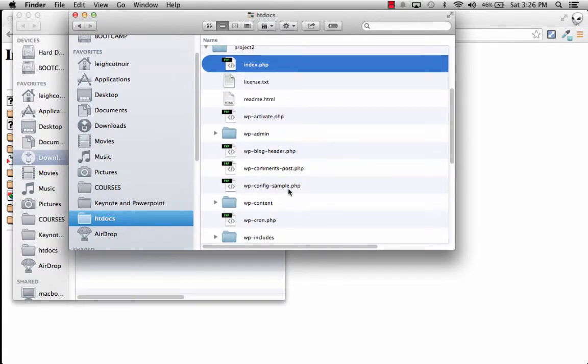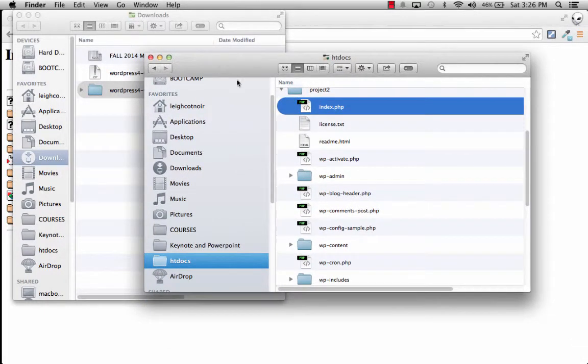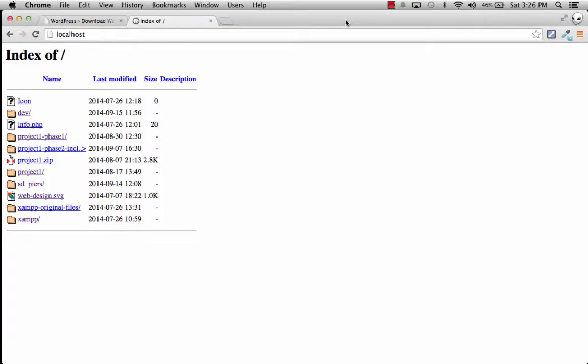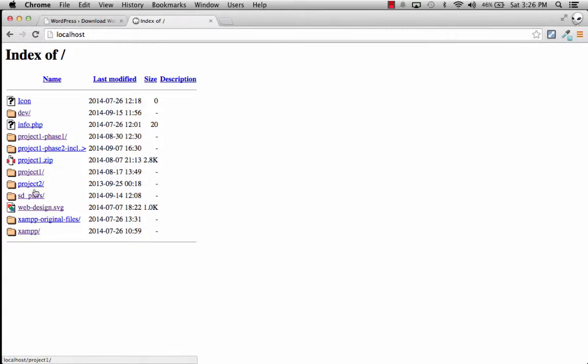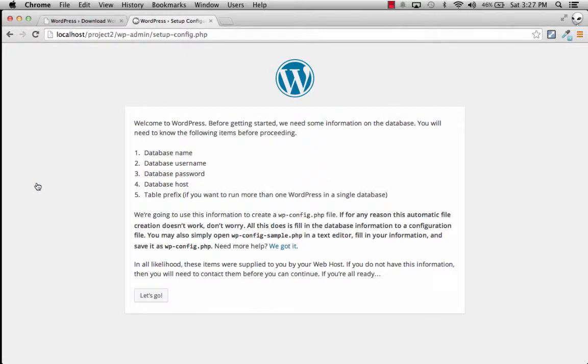So what it would do is, if it can't find a config file, it's automatically going to run a setup where it's going to prompt us to go ahead and set a file up. So let's go ahead and walk through that. Now that we have our project 2 folder, or WordPress folder, in our localhost, I'm going to refresh this localhost. Now if I click on that, it's going to walk me through and it's going to ask me, okay,